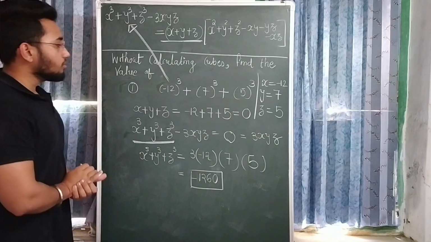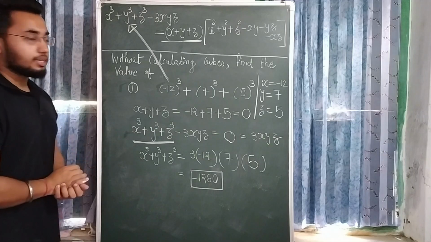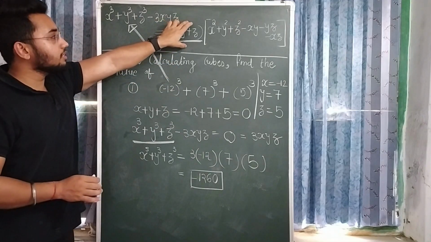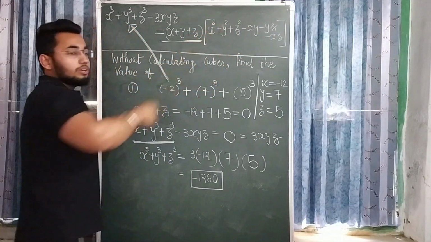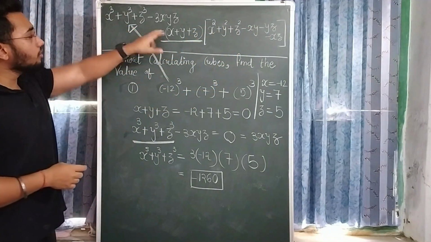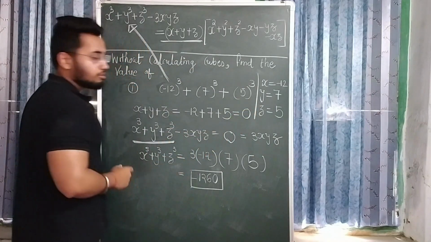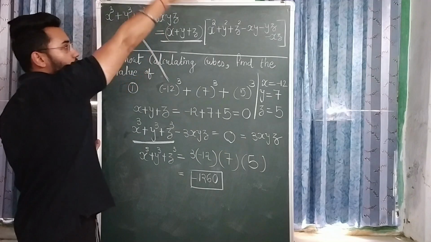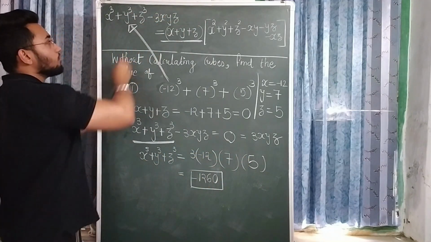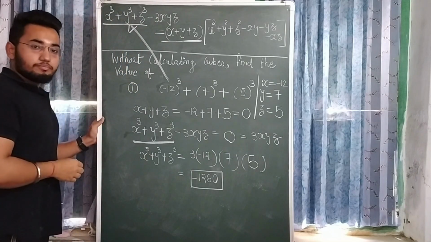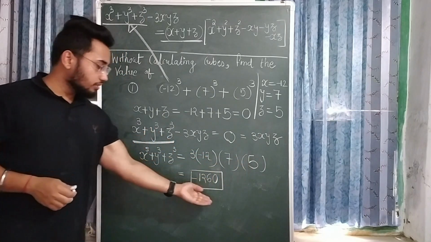So did you literally understand that if the addition of these three is done, it is 0. It is 0, which means this part became 0. Whenever you multiply any term with 0, then you get answer 0. So the right hand side part of the equal sign, this part, will become 0. That means minus 3xyz will go on right hand side and becomes plus 3xyz. Now you just find the value of this term. Simple, multiply 3 with x and y and z, and then you get your answer.